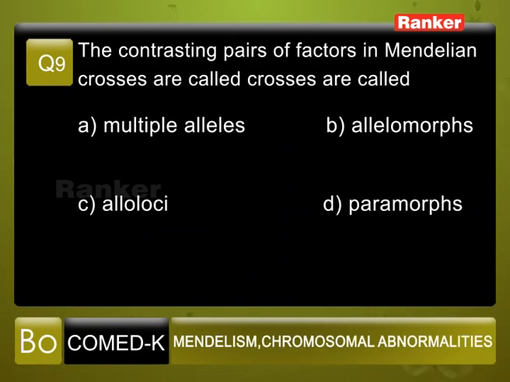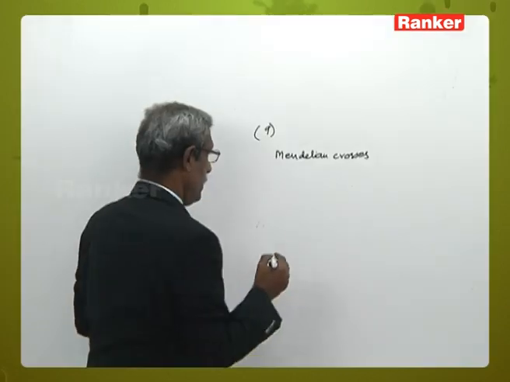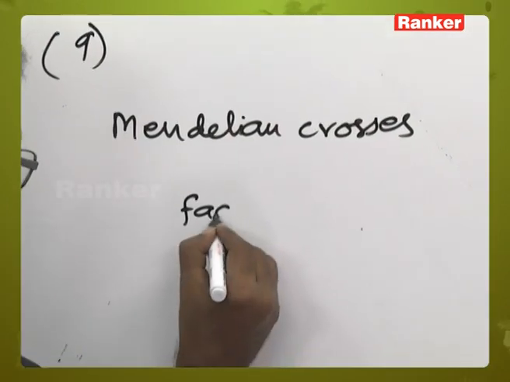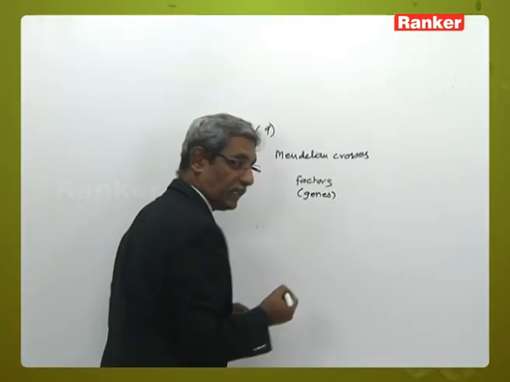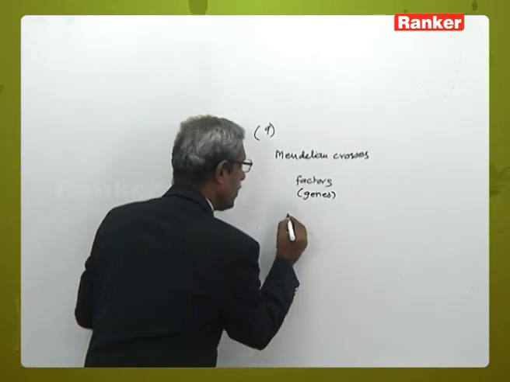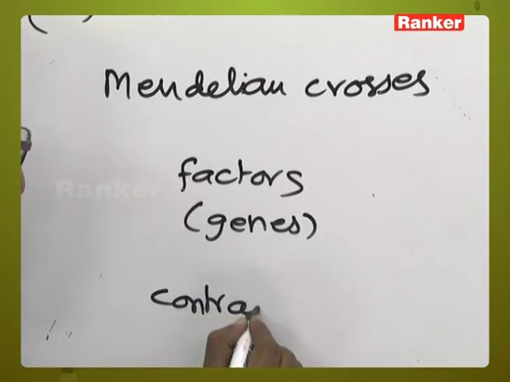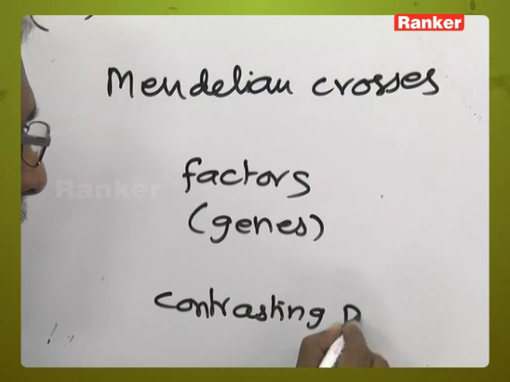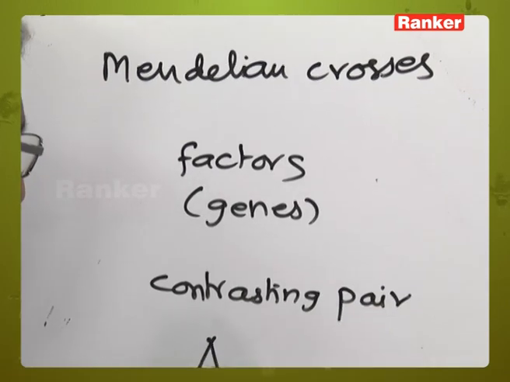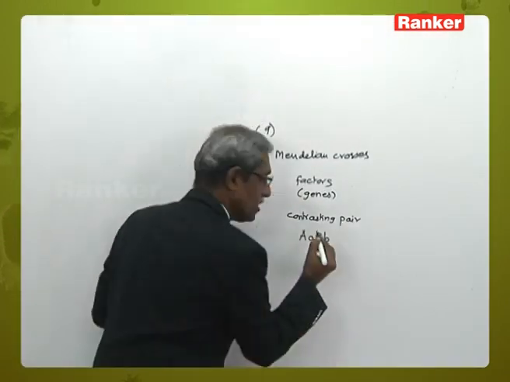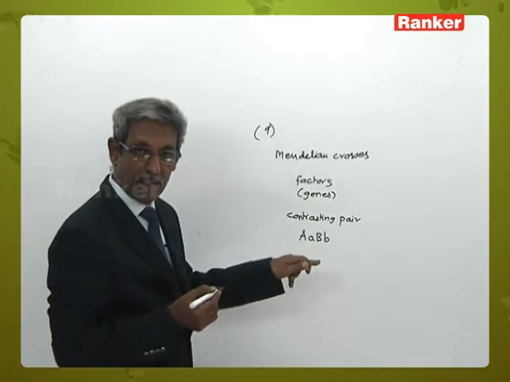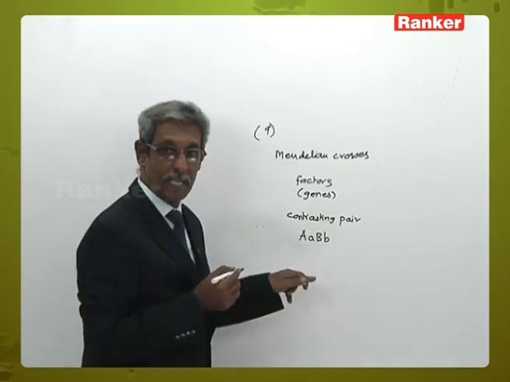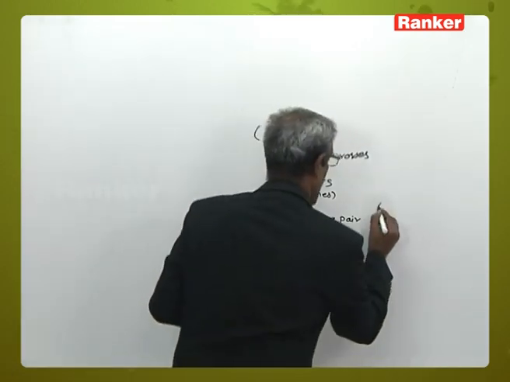In a Mendel's cross, when we take question number 9, we are looking at Mendelian crosses. When we have Mendelian crosses, we deal with factors or genes, and they are of contrasting pairs of characters, like you have a capital A, small a, capital B, and a small b. And the contrasting pairs of factors or the crosses are predominantly termed as